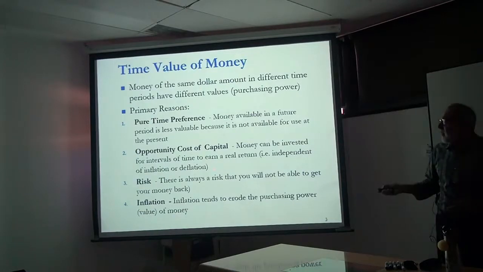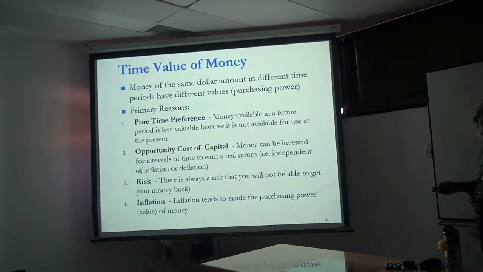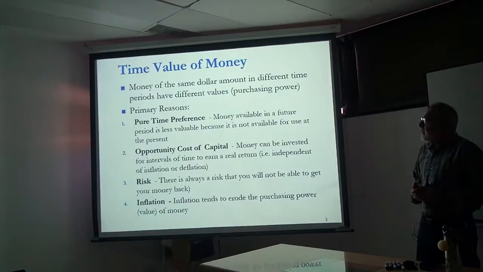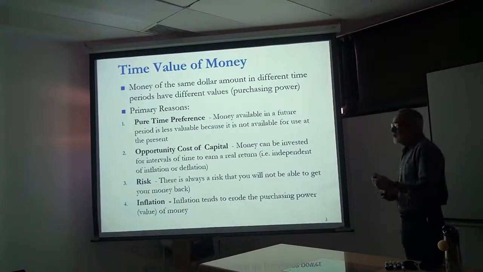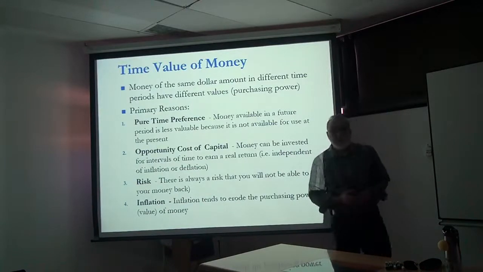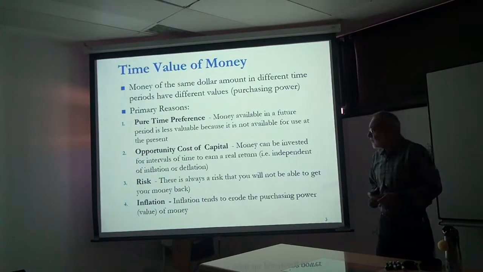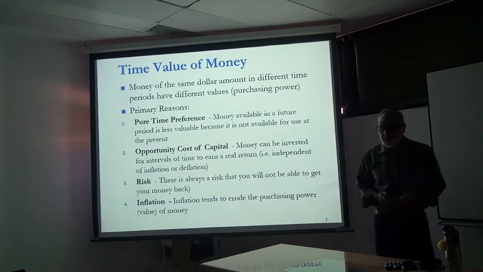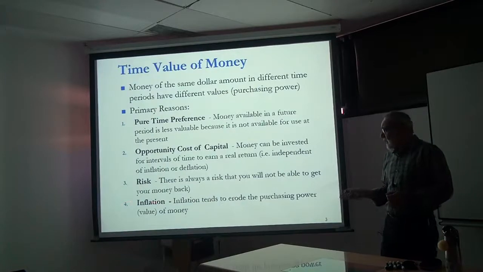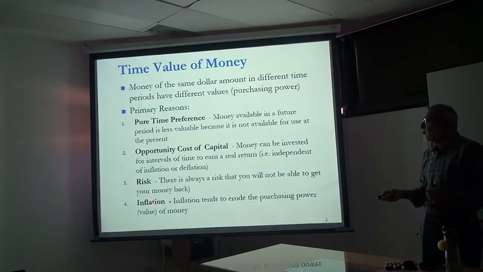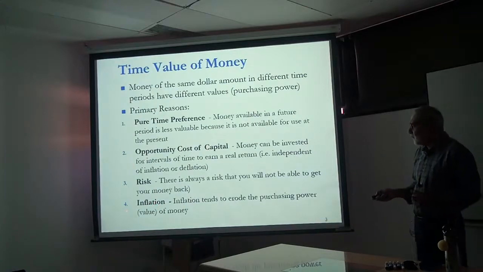So these are the three basic concepts: pure time preference, capital, and risk. These are the three basic concepts used for justifying interest in society, or the time value of money, which is the basis of having interest prevalent in the society, and the capitalist economy works in this way. Another concept which is also sometimes quoted is inflation, although these concepts are independent of inflation.